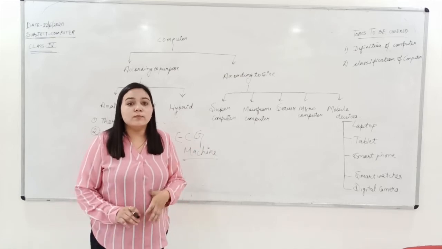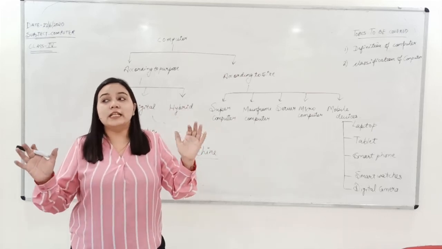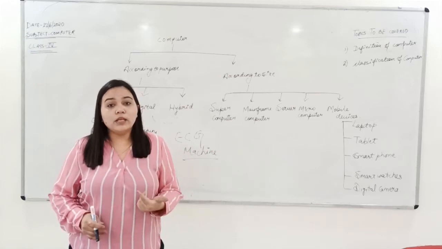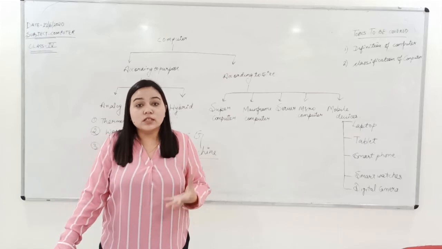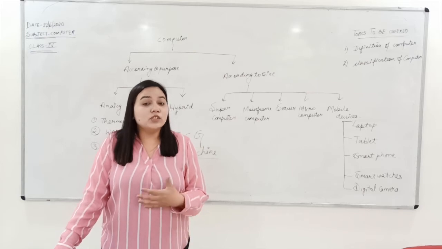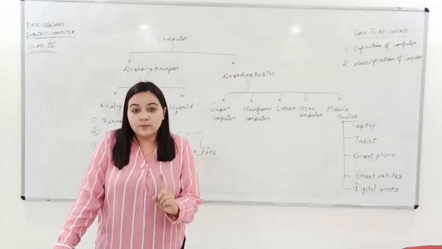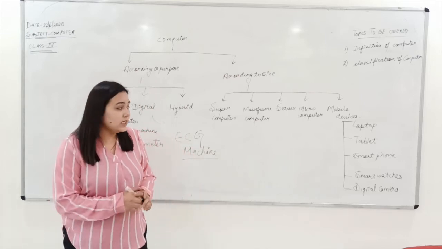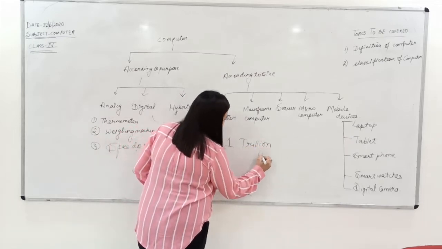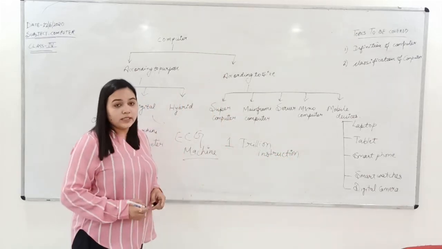The size of a supercomputer is very, very huge. It is so huge that you need an entire room to keep it. It is used for so many purposes, like research. The scientists in the country, in the world, are using supercomputers, and because it is very fast, it can process 1 trillion instructions in a second. 1 trillion instructions in a second can be processed by a supercomputer. So you can imagine how fast it must be, right?